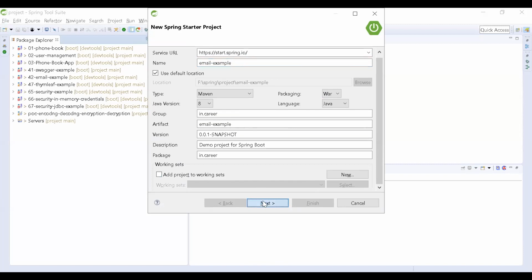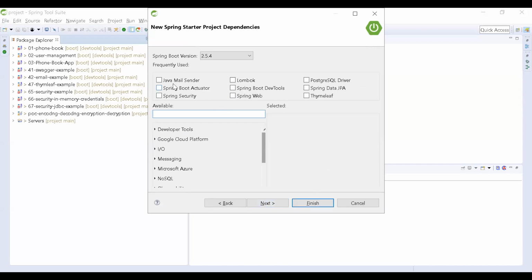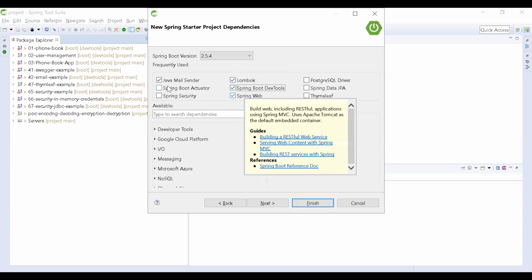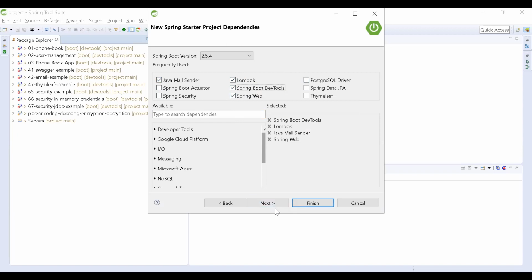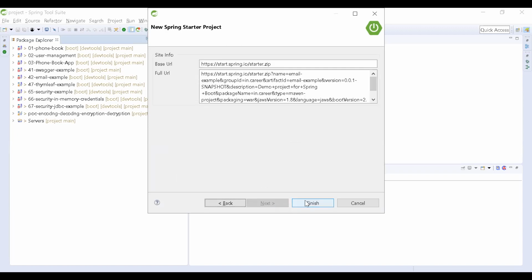I am putting here next. Java Mail Sender, this we need to set, and Spring Web. I am selecting Java Mail Sender, Lombok, and Spring Web. For the auto restart, I am selecting DevTools, Spring Boot DevTools. That's it, our dependencies are enough.